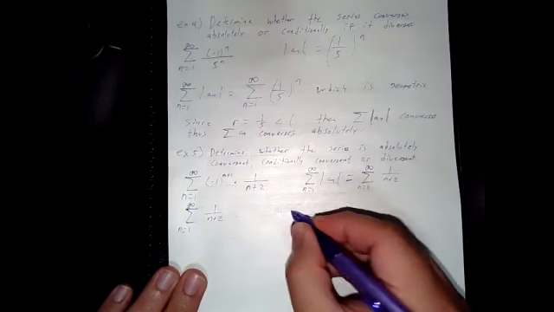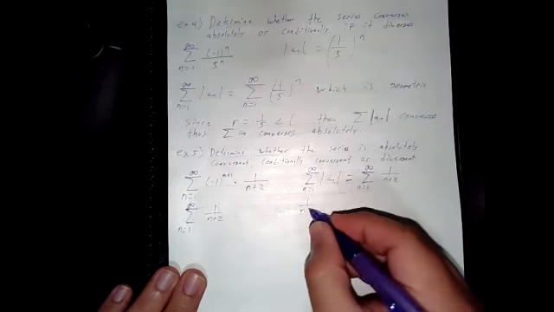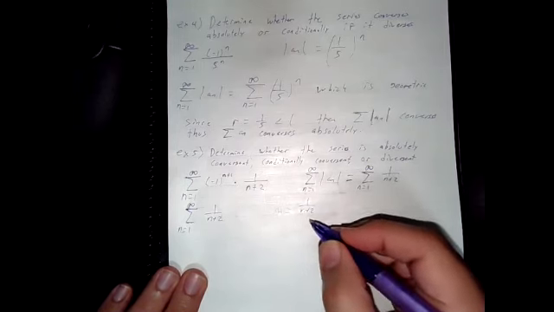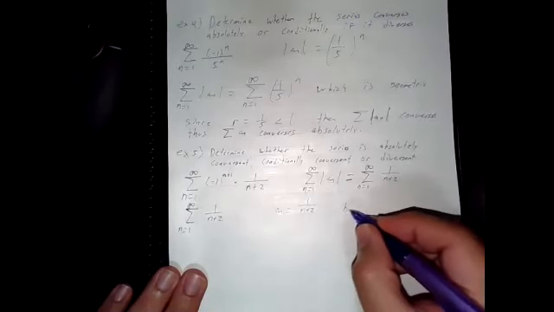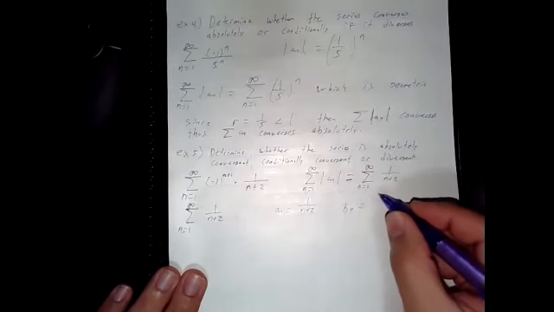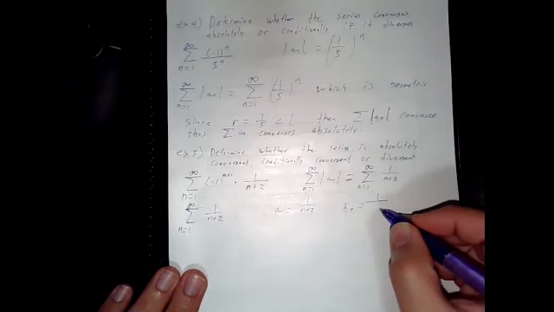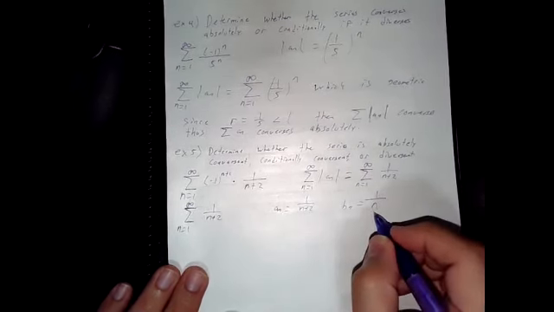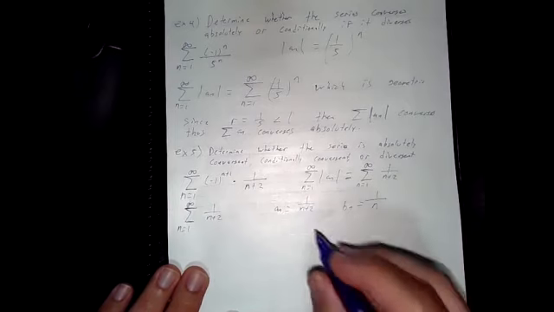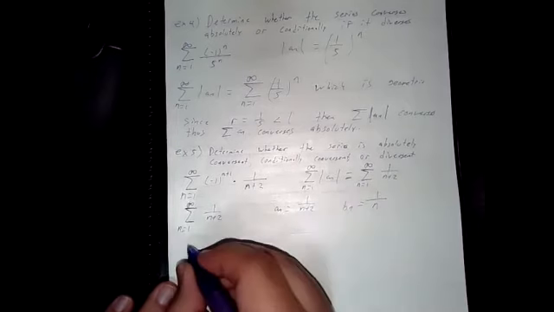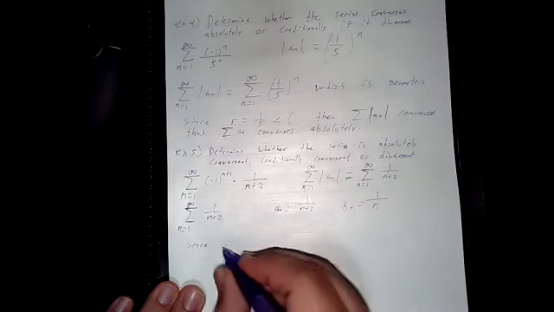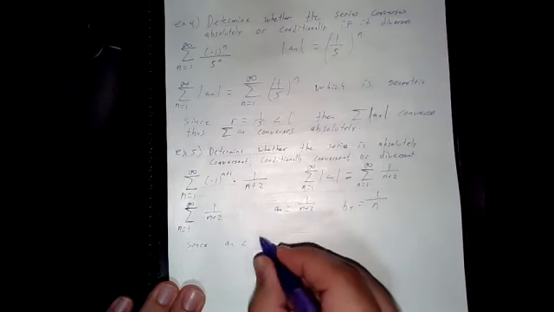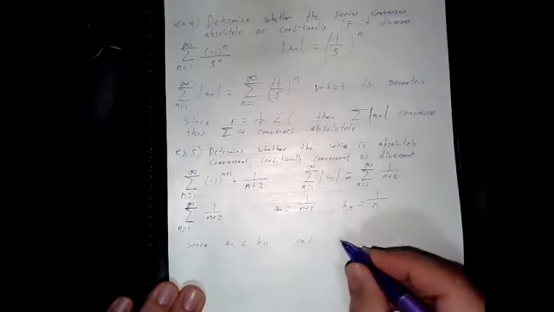So a sub n is equal to this. b sub n is equal to 1 over n. So that's the one I'm going to choose. And you can see that this is smaller, right? So since a sub n is less than b sub n, and